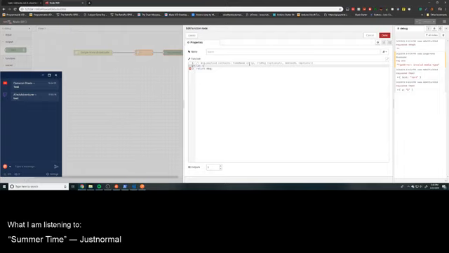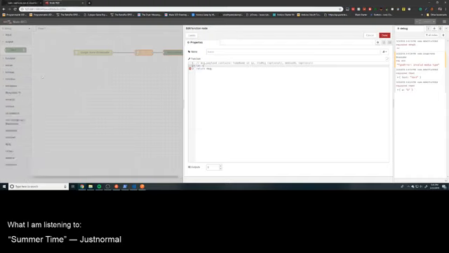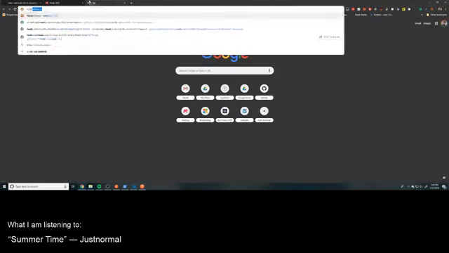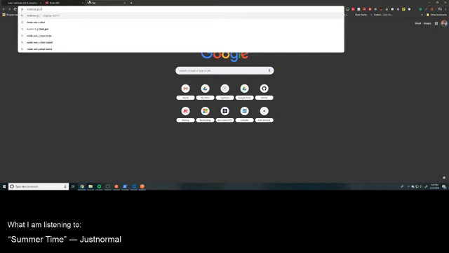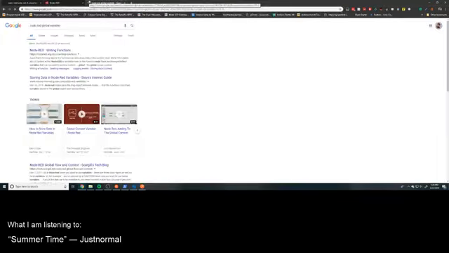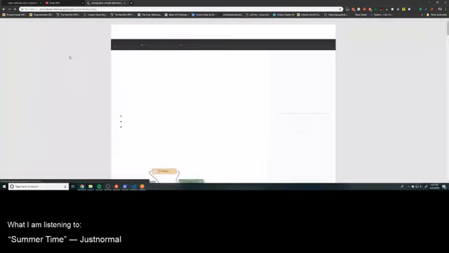Man, I don't know how I want to do this. I think I'm gonna create another endpoint that I need to know how to do shared global variables in this. So I'm gonna say Node-RED global variable, storing data in Node-RED variables.